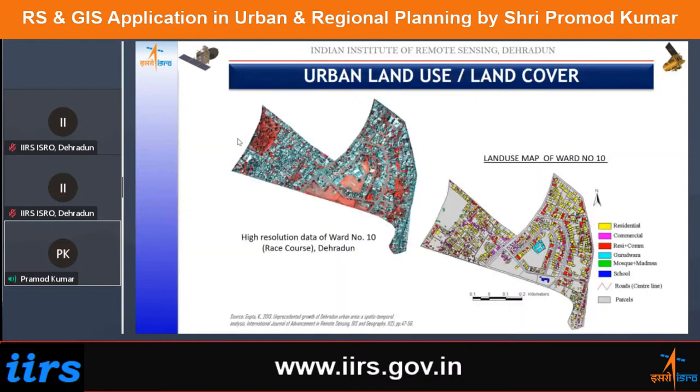Now you see a standard false color composite, and based on the elements of image interpretation, the visual interpretation has been done, and then the land use, land cover mapping based on standard classes, that is residential, commercial, and then religious, and then educational facilities, they have been mapped based on ground data, and polygons have also been devised based on the pattern and the other attributes we are seeing on the satellite data. Once we have done it, because the informal settlements of the squatters are also an integral part of our society, such high spatial resolution satellite data can be used for carrying out